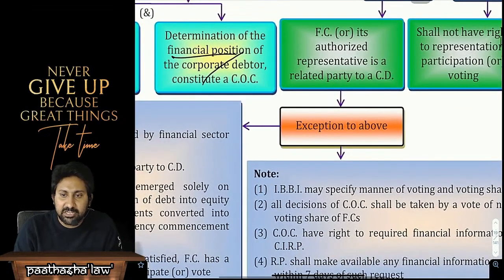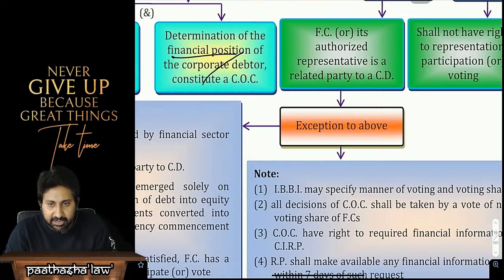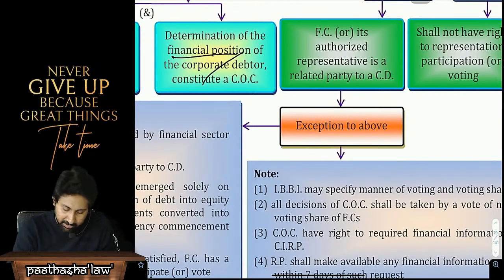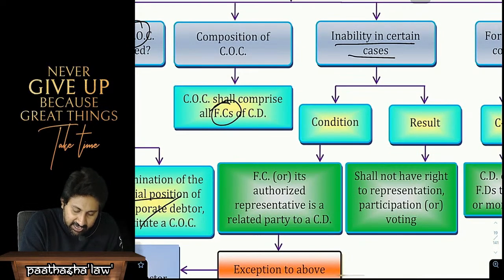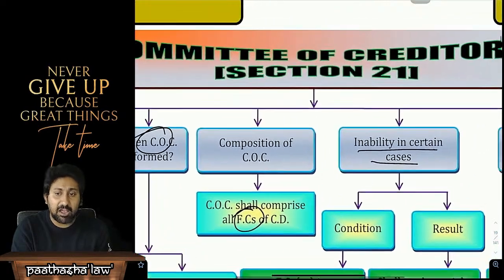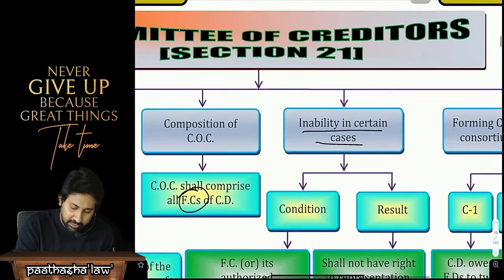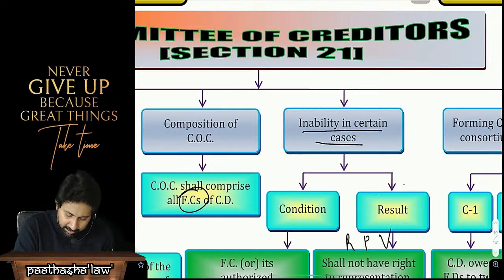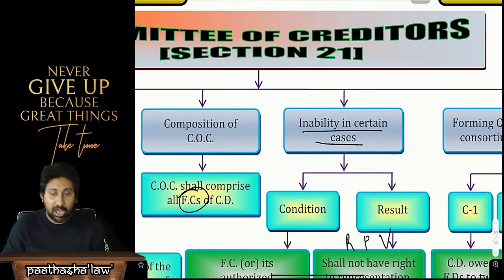Condition: the financial creditor or its authorized representative is a related party to the corporate debtor. Listen carefully. Inability in certain cases. What inability? Every financial creditor will have three rights. What rights? RPV, not RGV. Represent, participate, voting. Three powers will be given to all the financial creditors in the Committee of Creditors meetings. They will have a right of representation, a right of participation, and a right of voting. But they are unable,